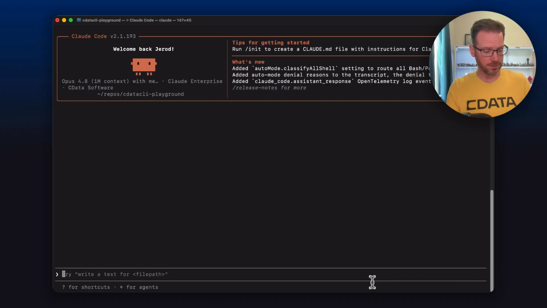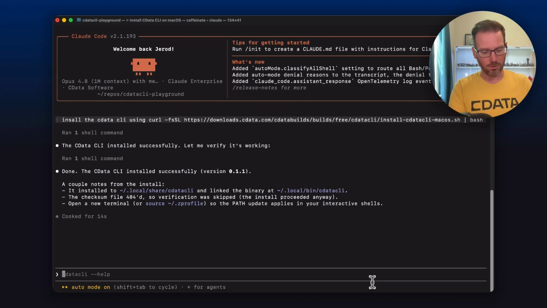So what I'm going to do is ask Claude to install the CData CLI using a curl command. All right, so it's installed. So now I want to get some information about my Salesforce data. So using the CData CLI, which of my Salesforce accounts has the most open